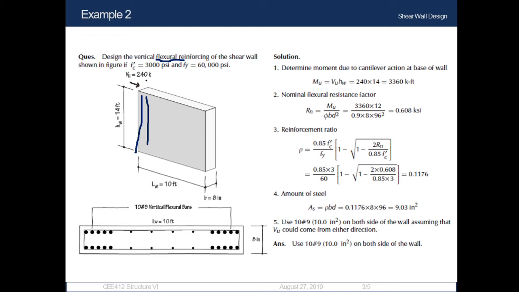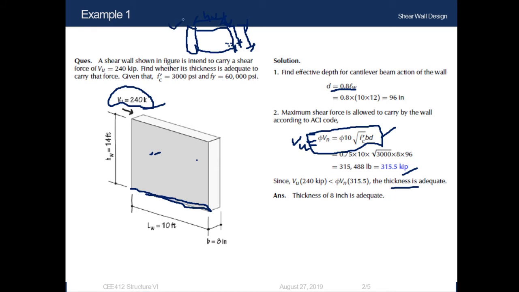So we can see here the shear force of 240 kip is being imposed, and the total height is 14 feet. The length is given as 10 feet and the thickness is given as 8 inch. So firstly, from this geometry and this question, using this information, we need to calculate the amount of reinforcement. As we have also mentioned earlier, a shear wall acts as a vertical cantilever beam, as a deep cantilever beam. So in order to design a cantilever beam, we need to use the